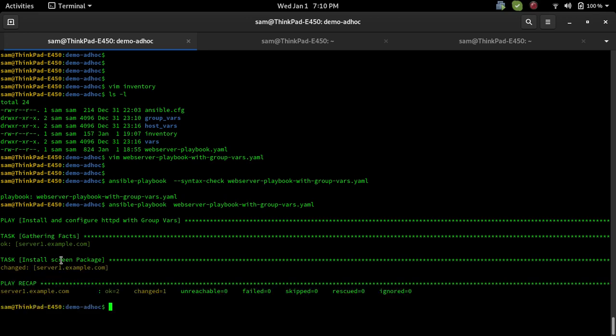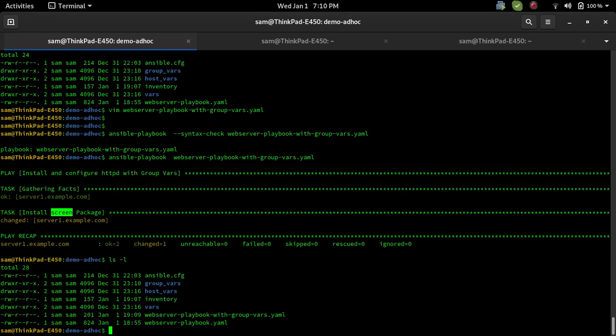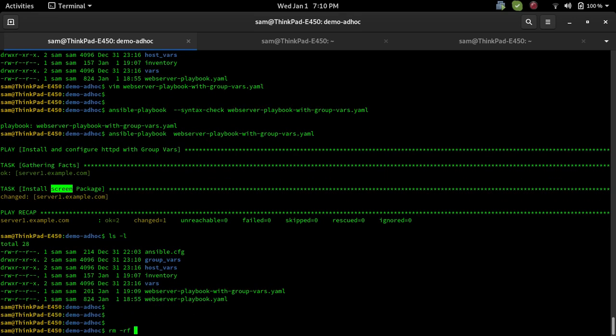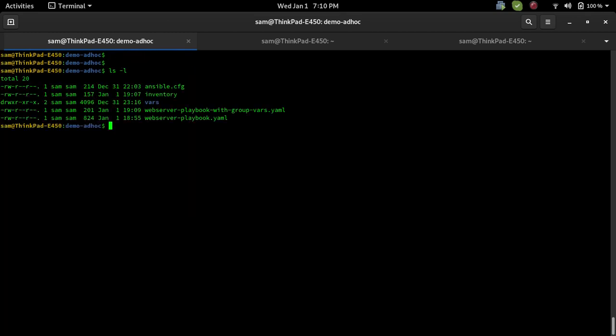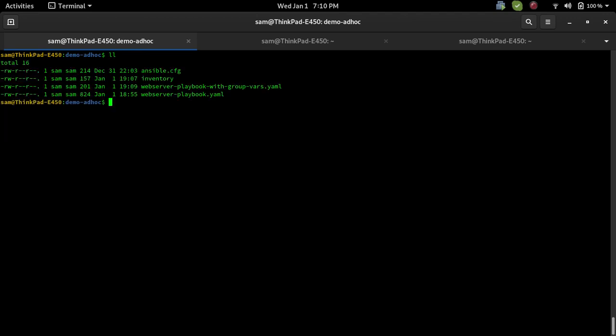Why is it saying the screen? Oh, I think I have. Okay, let me delete group_vars as well as the host_vars. These are the two files. I believe these had been created previously. Let me also delete my vars. There is nothing now. So if I run this playbook again,